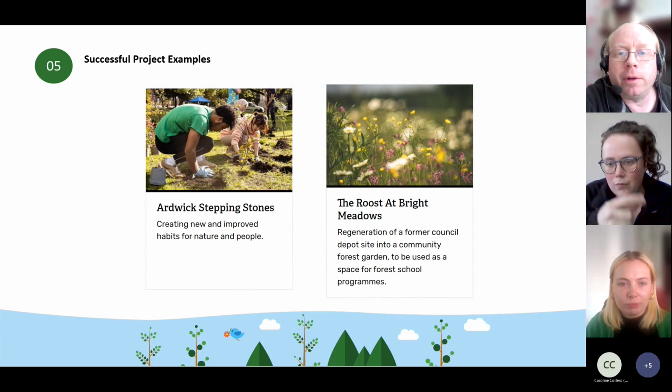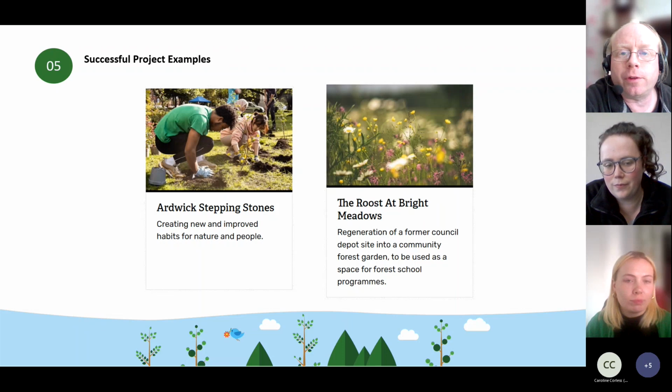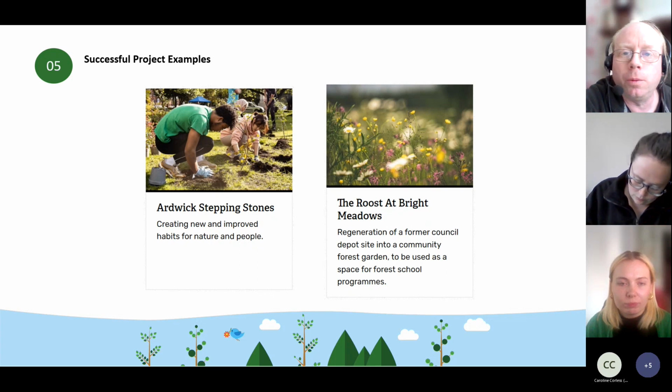The project I know about is one in Wigan. There was a group successful in round 2 called the Friends of Low Hall, and they work with Wigan Council to try and encourage new people to come to a nature reserve called Low Hall Nature Reserve in Wigan. Some of the things that they're looking at doing to improve that site: it's a fairly mature woodland that's grown up since coal mining, but it's not in the healthiest condition.